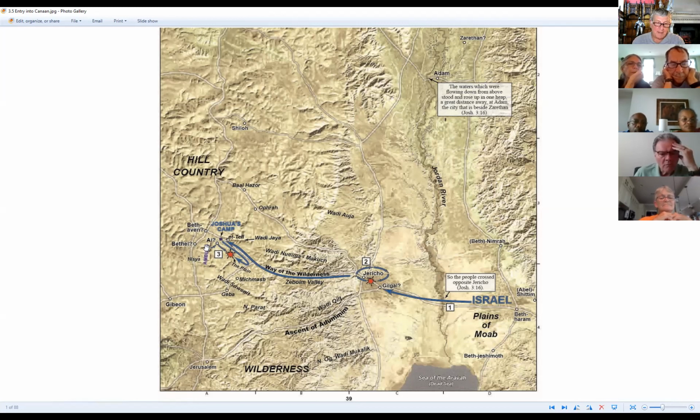The reports that were brought back by his scouts must have caused Joshua to change his mind about attacking Bethel because of its strong defenses. Such an attack would really not be necessary because it was Ai, located here, that really commanded the ascent to the watershed. So Ai had been a heavily fortified town